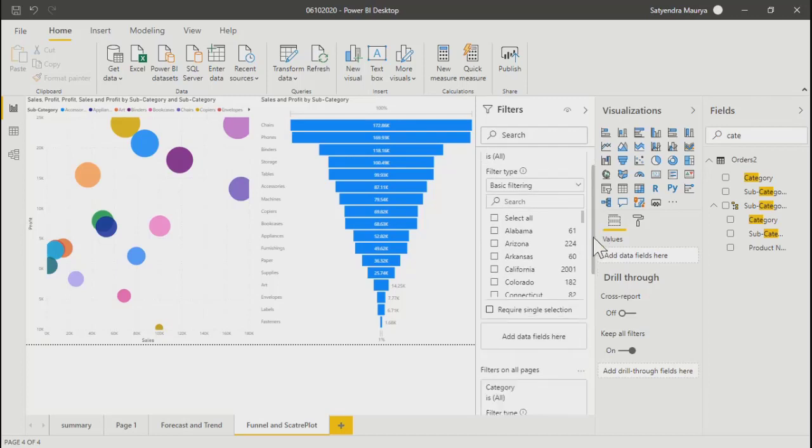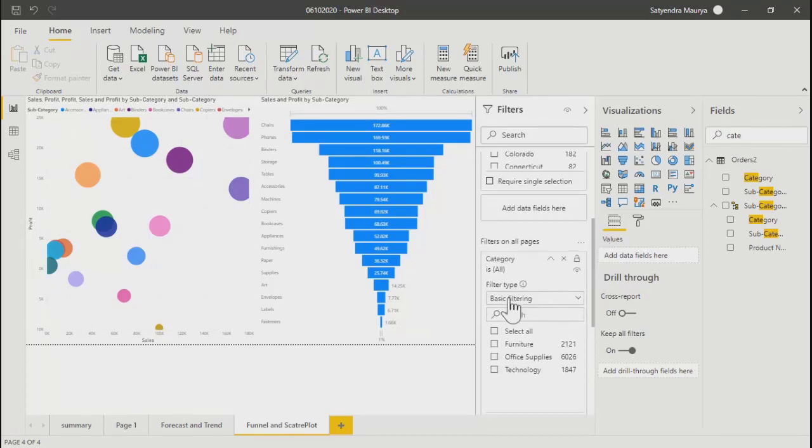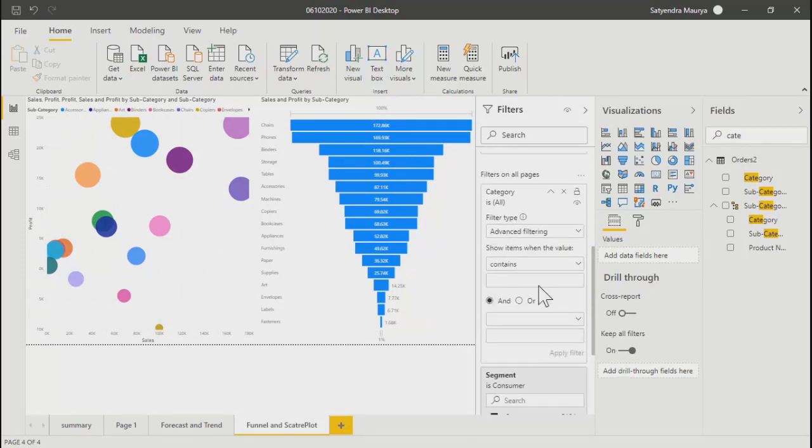But as soon as you click over this, you get some other options like advanced filtering. In case you select it, you will see you have options like contains, like wildcard. So in place of putting the exact value, you can just give some wildcard or some text. Like in SQL, there is a LIKE keyword. You can write that in queries, and accordingly you can get your data filtered.